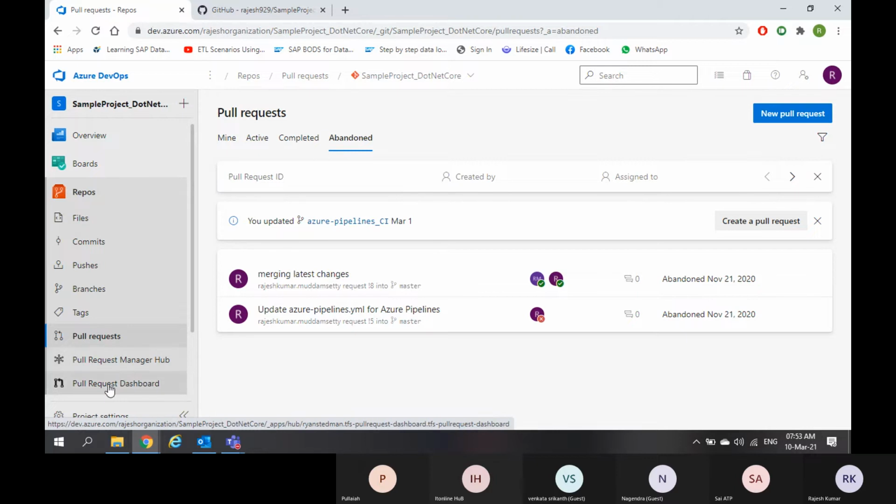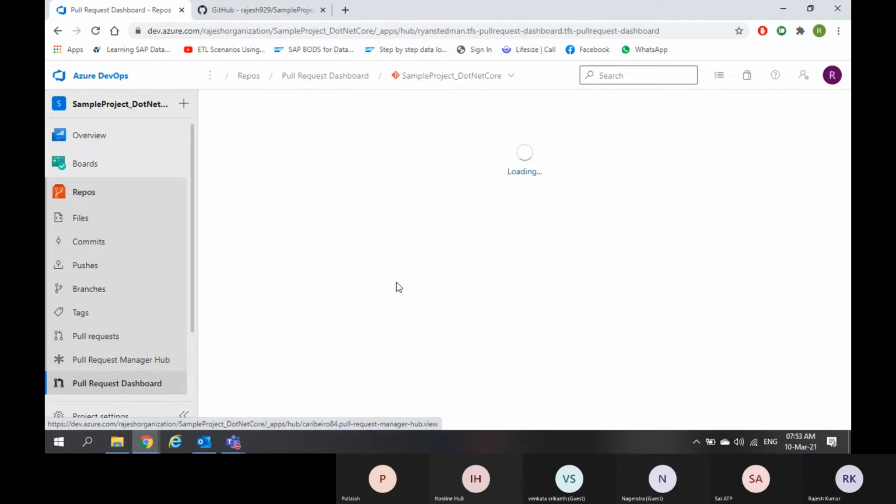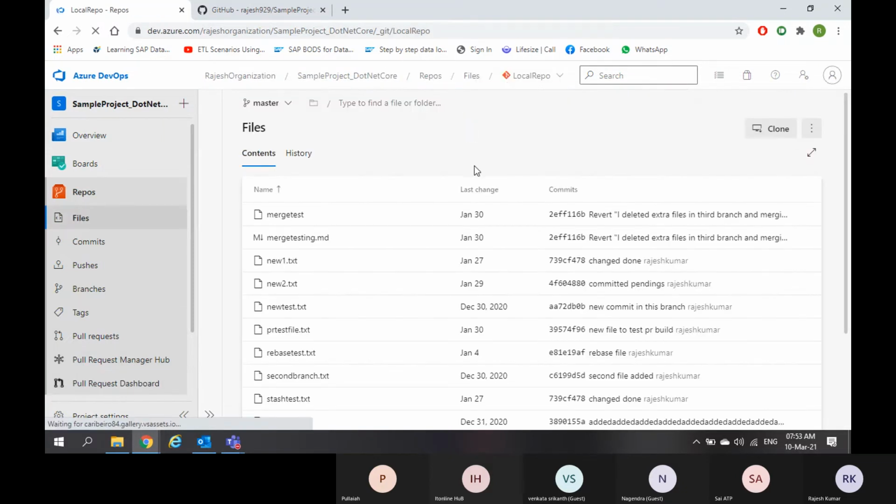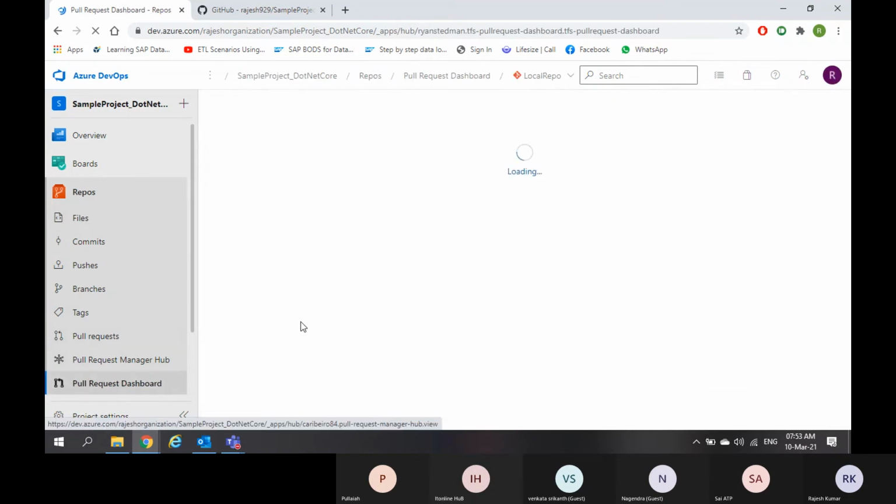I want to see the pull request data in a dashboard, so I customized this view. Maybe you are not seeing this view in your repositories. If I go to separate repositories, let me take a repository and go to the dashboard to check whether I have pull requests or not.